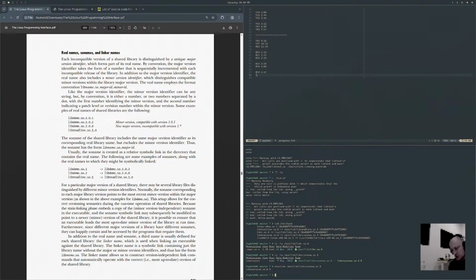For a particular major version of a shared library, there may be several library files distinguished by different minor version numbers. Normally, the name corresponding to each major version points to the most recent minor version within the major version, as shown in the above examples for libdemo.so. This setup allows for correct version semantics during the runtime operation of shared libraries because the static linking phase embeds a copy of the minor-version-independent